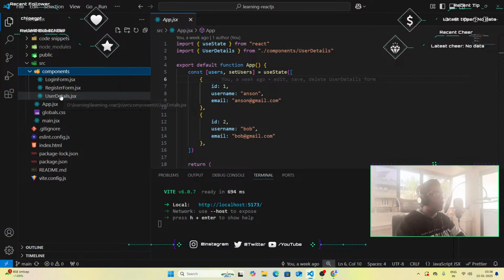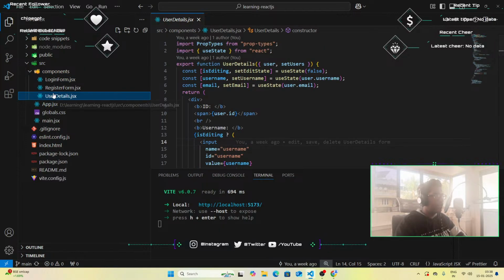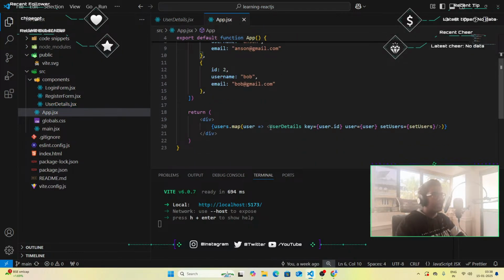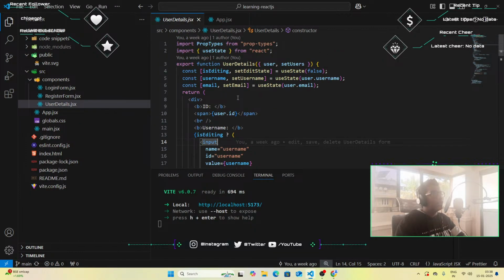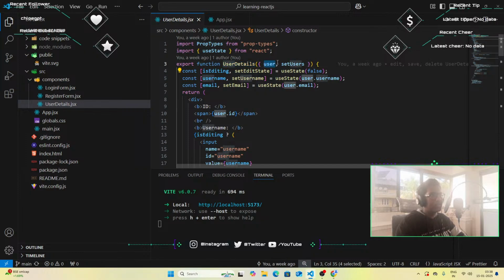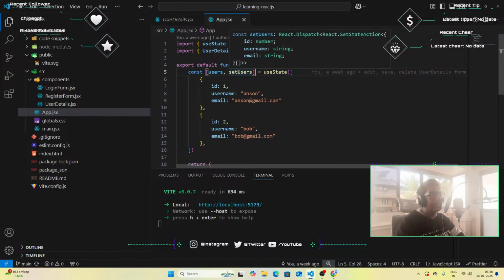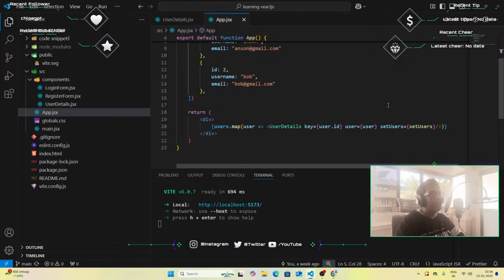So if we go to our component section and let's open up, I believe it's user details, isn't it? That's the component I'm using to render this. So let's go back. So first and foremost, to user details, we're passing in the user and we're also passing in the set users, which we define here. We use the use state method here, right? And then we pass in the set users function